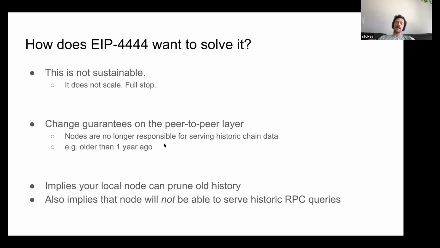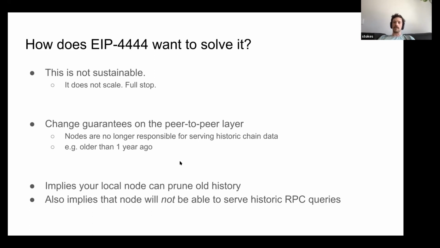So 44 says, okay, if that's the case, what are we going to do about it? Well, one thing we can do is just say, cut the old history, make it someone else's problem, take it out of the core protocol. So that's what the EIP says: we're going to change the guarantees on the peer-to-peer layer, where now these headers, block bodies, receipts, these historic parts of the chain that are sitting on your disk, and for most users you actually don't need them, you can just get rid of them, right? So if I'm a peer-to-peer node on the network and I'm syncing the chain, I would go to a peer, and let's say I asked for something from 2 years ago, if the cutoff period is 1 year, they wouldn't give it to me. And again, that's changing the guarantee.